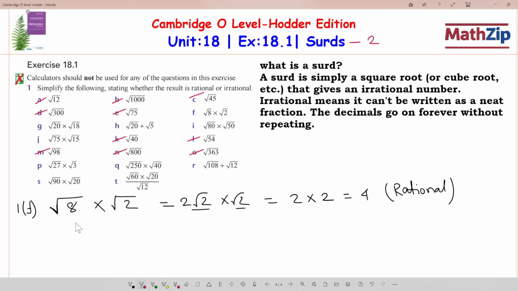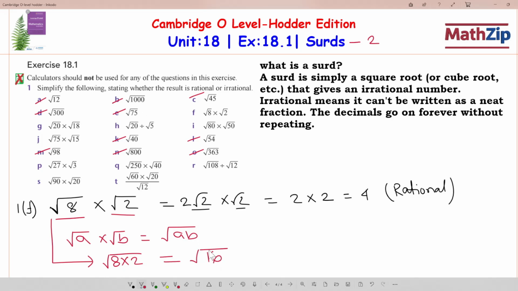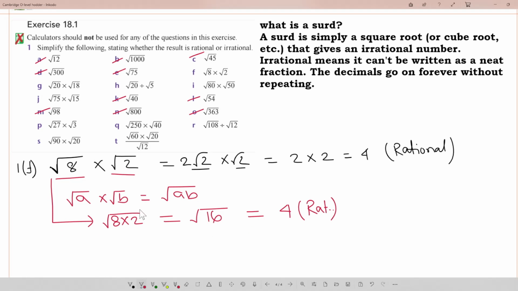Or we can say this is root 8 and root 2. We know root a times root b means root ab. Therefore this one we can also write as root 8 times 2, which is root 16. 16 is a perfect square, so we will get 4, and this is a rational number, right? You can do it either way, but multiplying is better. So 1f is done. Next, 1g,